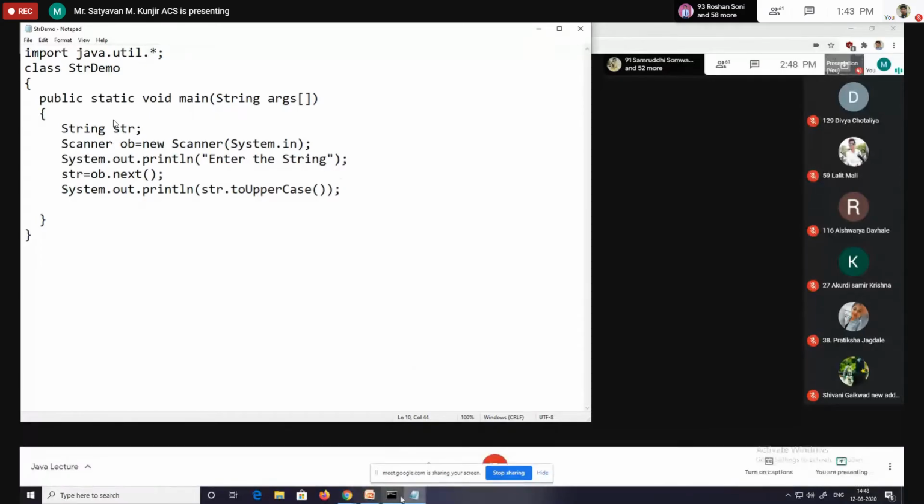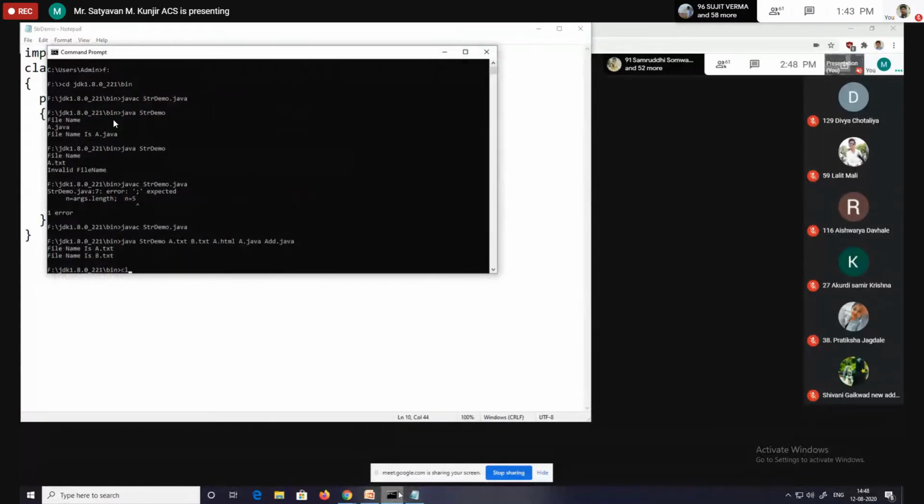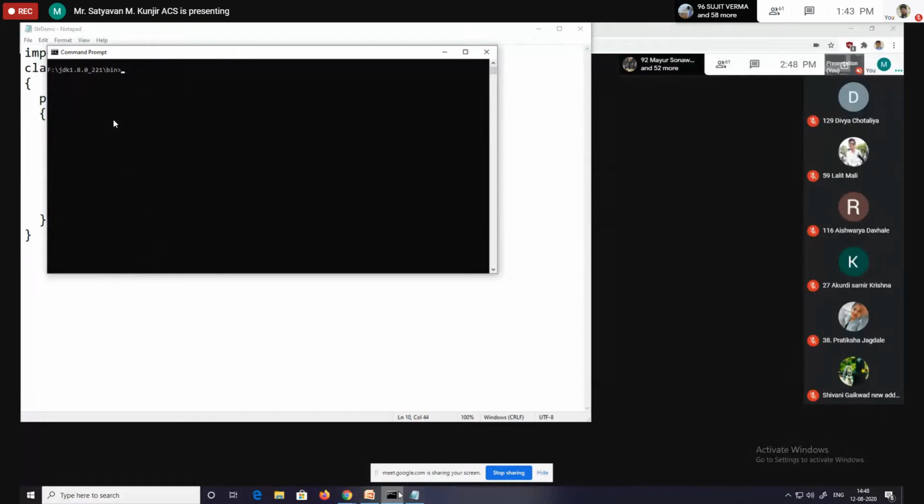Okay, then I am compiling this application first. javac str_demo.java, then execute this. Now, no need to pass data through the command line. We have to take the data from the user, enter the string.